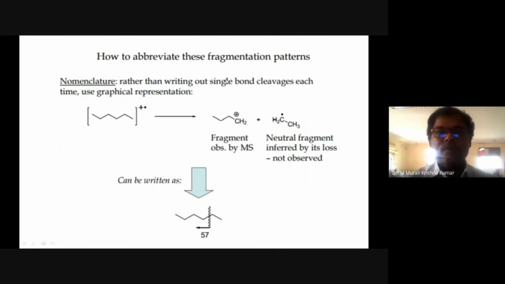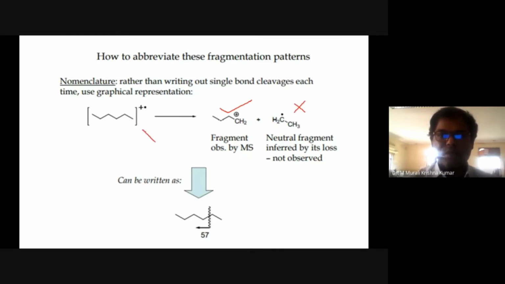So in the case of fragmentation, how it is represented, the basic language, is what we need to understand. This is the molecular ion. Whatever we are seeing on the left side, where my cursor is going, that is giving you fragment ions. This positively charged ion is what we call the fragment ion, and this is the neutral fragment. This will not appear in the mass spec. In the mass spec, only the charged ion will come, and the neutral fragment does not appear.